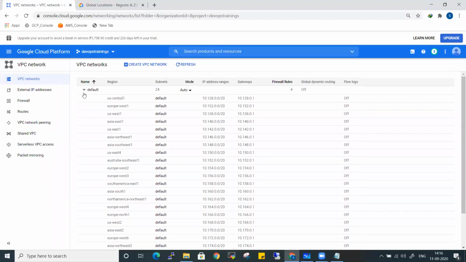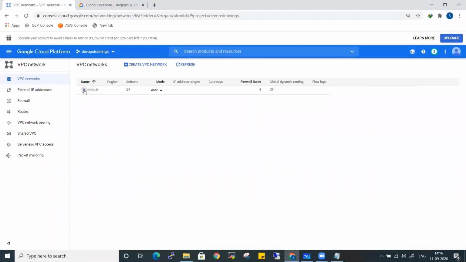So yeah, this was the most interesting topic. Okay, let's try to understand very clearly. So this is page one. It will be navigating once you move to VPC network. It has various other options. Okay, it can have external IP addresses, the firewalls, the routes, the VPC peering, and all. So these are the individual topics which we will be discussing in detail in a separate section. But for now, let's see what exactly VPC networks are.